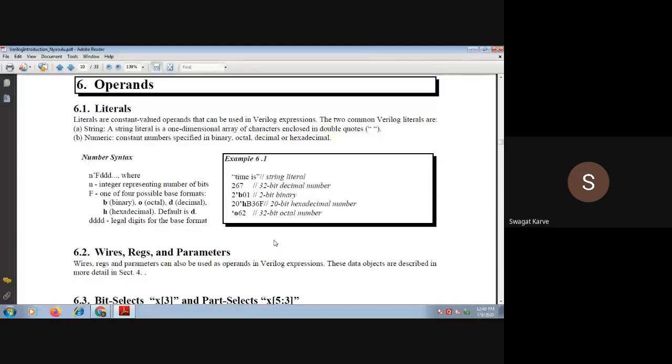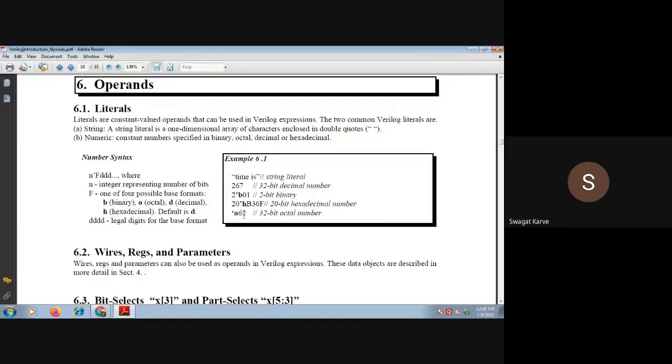So this is the example that you can see. This is a string literal. Then 20'hB36F means it's a 20-bit hexadecimal number, B36F. Then 32'o62 means it's a 32-bit octal number, that is 62.